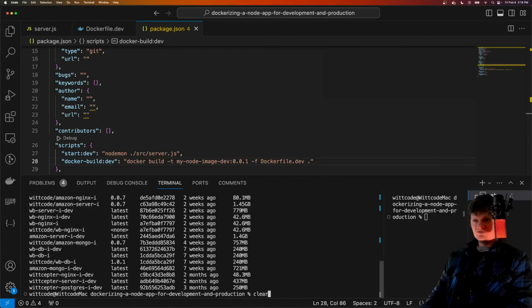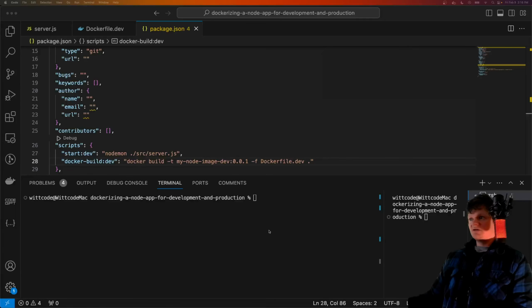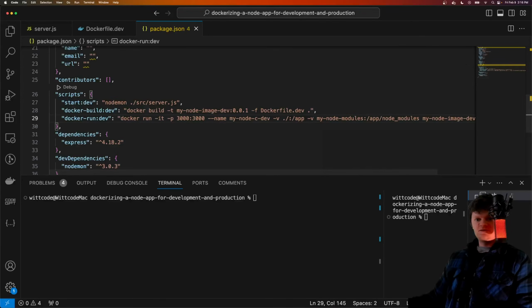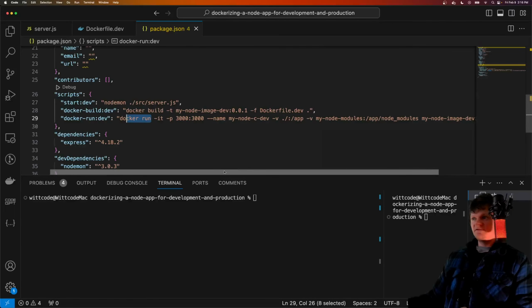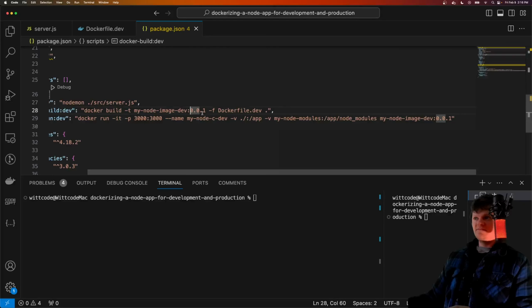But now that we have our image up and running, which we can see, we need to create a container from it. To do that, we'll use the docker run command. We're also going to have a custom npm script to do this for us. So I'll paste this in here. This is a pretty long one. What this basically does, docker run right here, creates a container from an image. And the image here, I believe at the very end, is my node image dev 0.0.1. So the image that we created in the build step, we're now using here with docker run